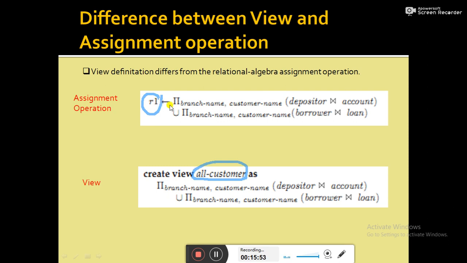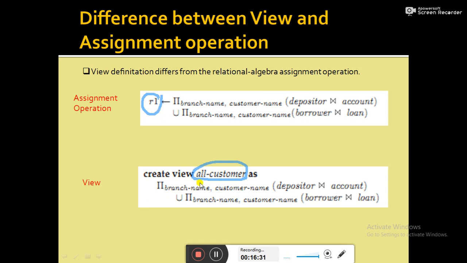The assignment operation assigns the relation to its left hand side relation. So R1 is that temporary relation whose schema consists of two attributes, branch name and customer name, with a set of data. So R1 contains all the customer name and branch name information for those who have either an account or loan or both. This is the normal assignment operation.